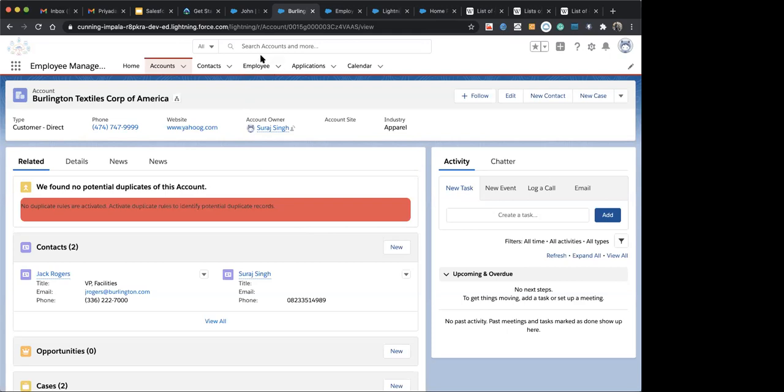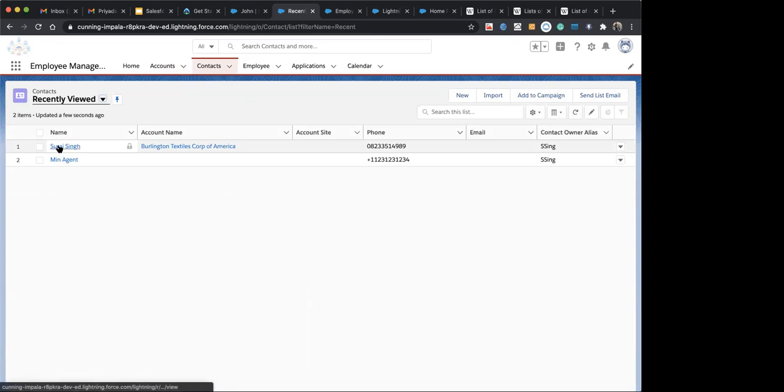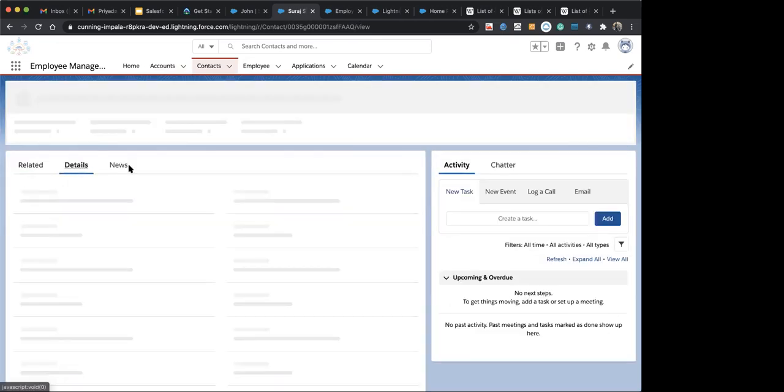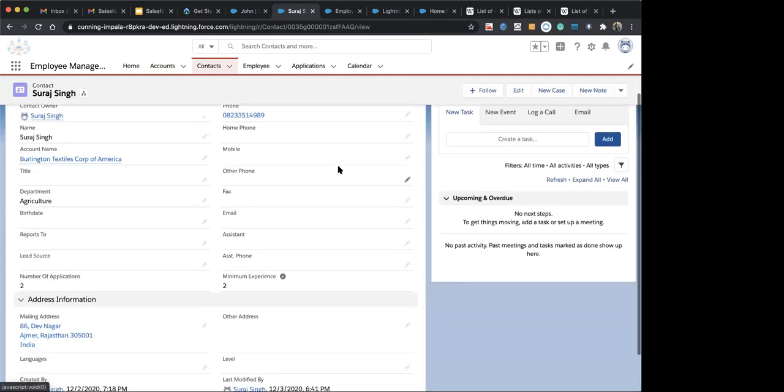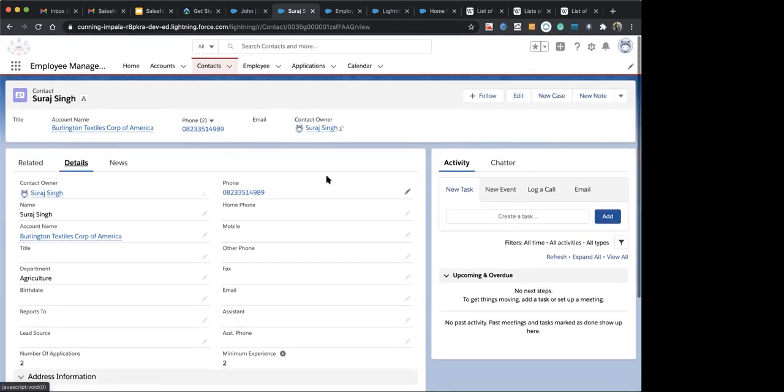Just like we have a contact record, or an employee record, or just a record, and we have different types of teams such as sales team, service team, address verification team, or customer support team.